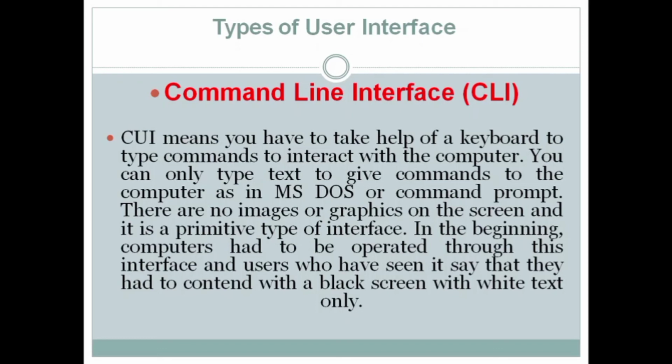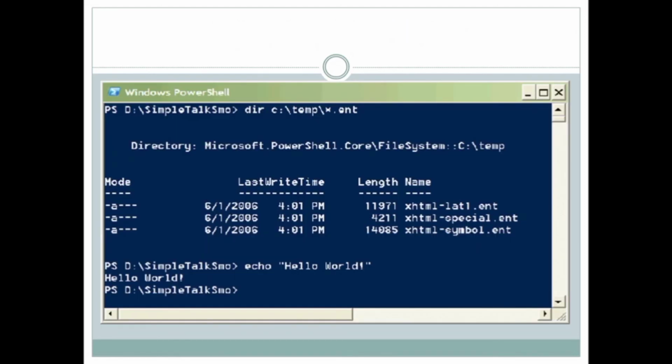Okay, means from the beginning, when the computer got started, at that time we used the CUI or CLI interface. In those computers we could only write the commands with the help of the keyboard. No GUI, no graphics, no symbols at all were available at that time. So here you have seen the screen, that is your CMD or the CUI screen. Here if you want to perform any task, you have seen that we have to write the commands.